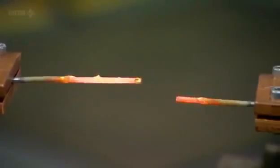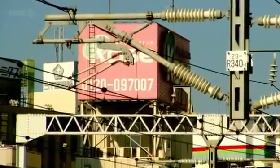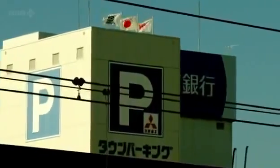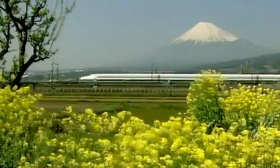So if you have very, very high currents, you need to use a very big piece of metal to let the current flow. So for our train, we'd need much bigger than this. Absolutely, it would be very, very big and very, very heavy. To carry enough current for the bullet train, the overhead wires would have to be huge, thicker than a man's arm, and enormously expensive. Totally impractical for train lines that run for hundreds of miles. The only other way to give the train the juice it needs was to up the flow, the voltage. Train lines usually carry 1,500 or 3,000 volts, nowhere near enough for a bullet train, so the engineers increased it